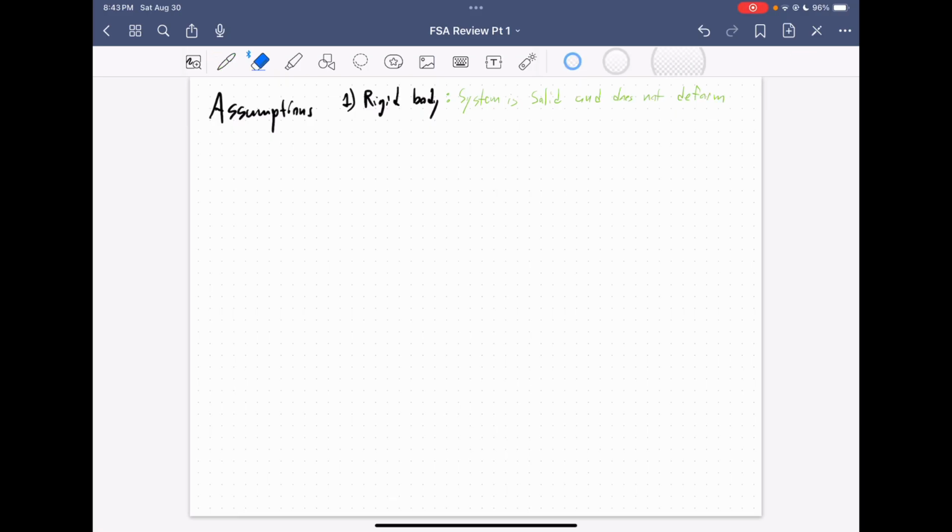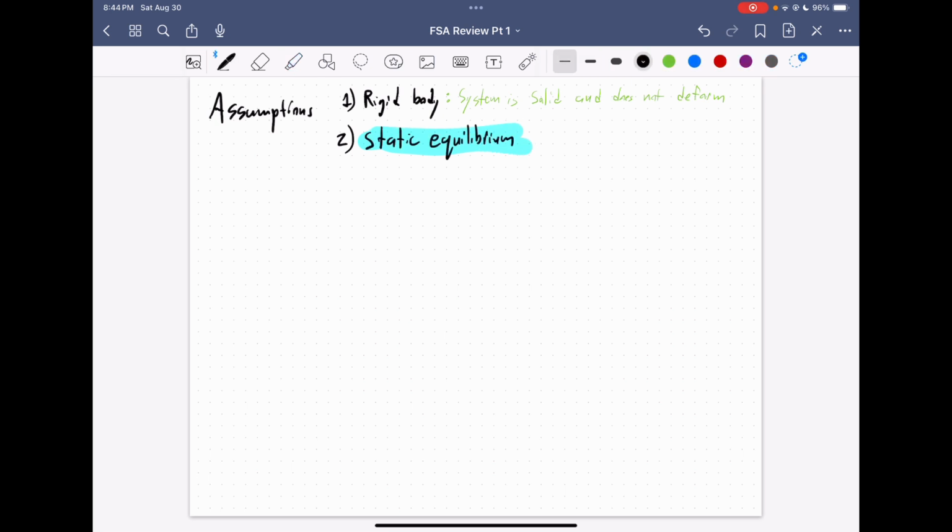And we have the second, and I will say the most important, hence why I started a new page, which is number 2. And that is assuming static equilibrium. And this one is particularly important,